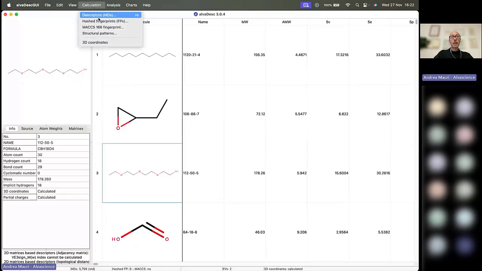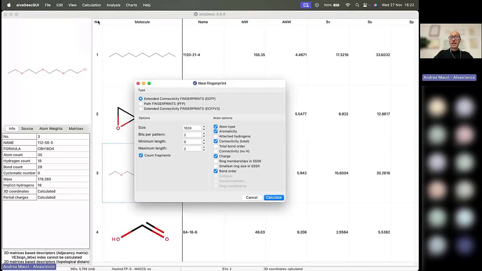So we have seen how to calculate molecular descriptors. Let's see how to calculate molecular fingerprints. alvaDesc provides two different types of molecular fingerprints: extended connectivity fingerprints and path fingerprints. Since alvaDesc 3.0, we introduced a new implementation of the extended connectivity fingerprints that is faster than the previous one